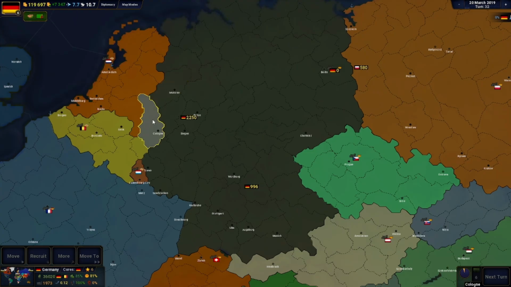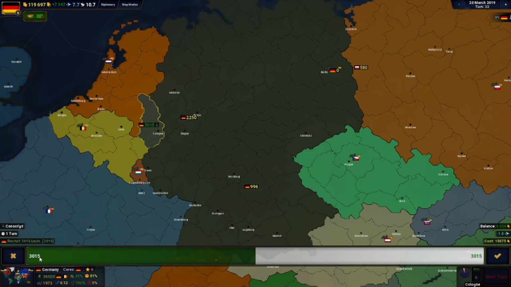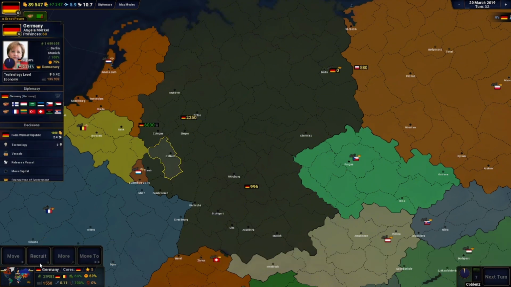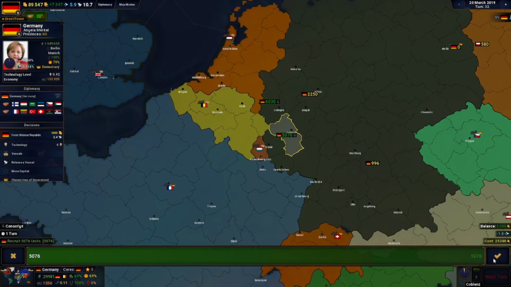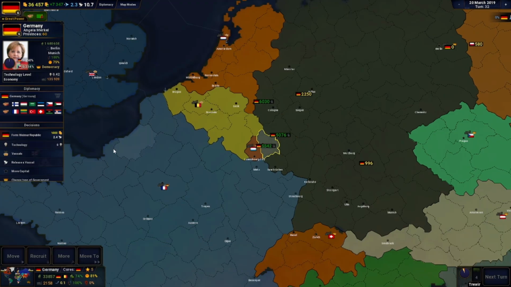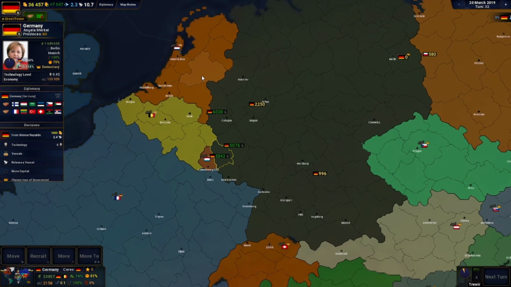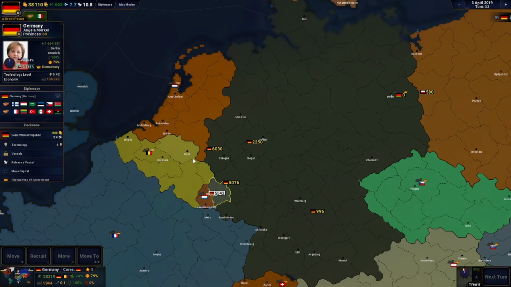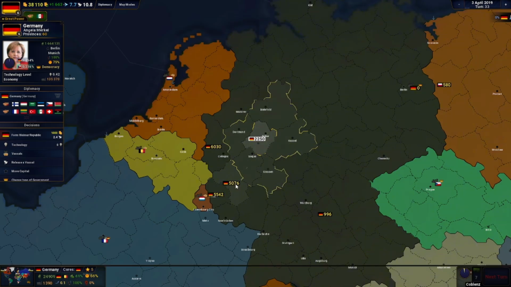And then you can click on the province and go here to recruit and recruit how many soldiers you wish. So I'll be recruiting as much as I can. If you're preparing for an invasion, make sure that you recruit a bunch of soldiers. Just make sure that you don't go into a deficit, because you see, soldiers cost maintenance. As you can see, my economy decreased by a lot, my balance,